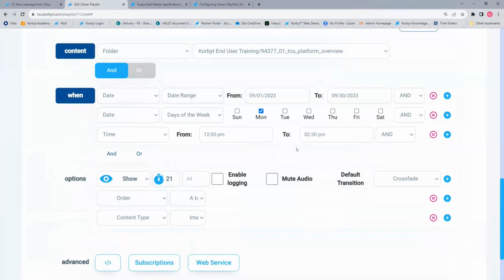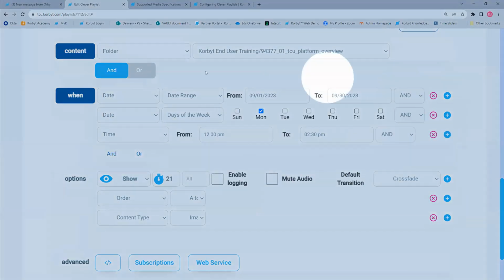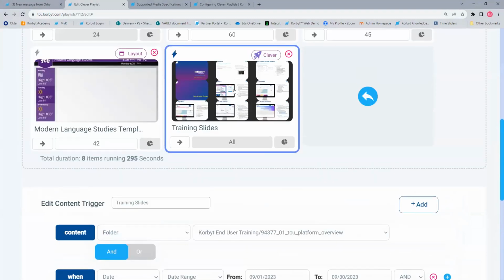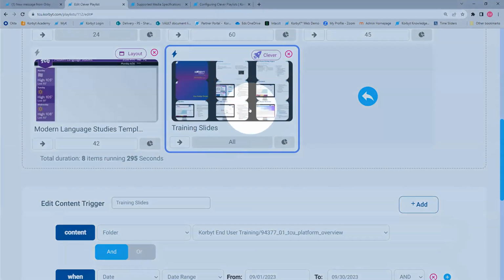So you can get very detailed. Don't have to be very detailed, but you can be very detailed with the instructions that just even one item in the playlist has.